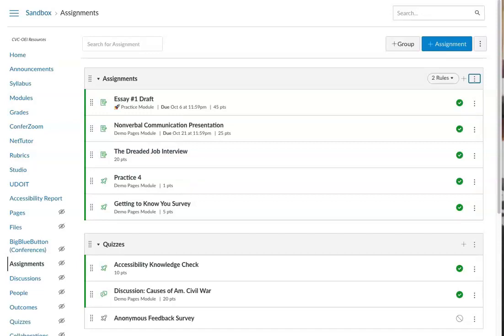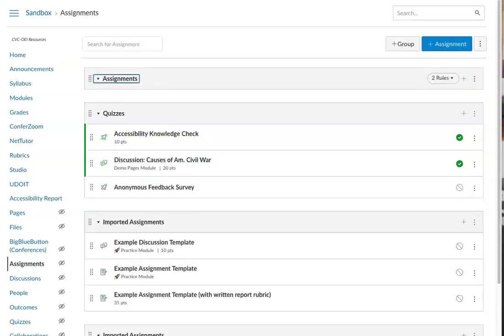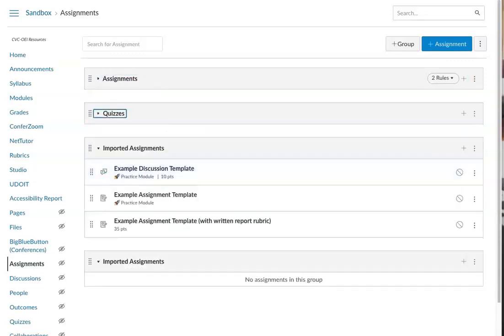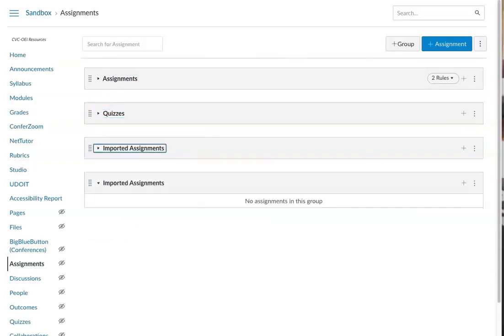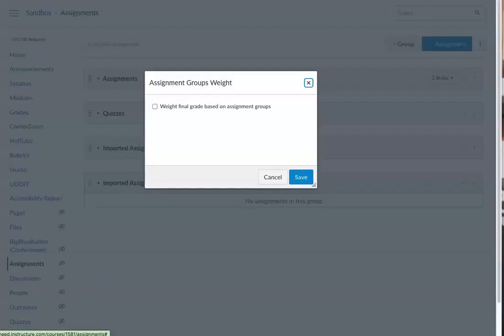It's simply a matter of creating the categories you'll be weighting in your assignment area. So I have assignments, quizzes, and imported assignments. I would probably rename that before I actually published this for students. Once I have the categories that I want, come up to the 3 dots Options menu and select Assignment Groups Weight.